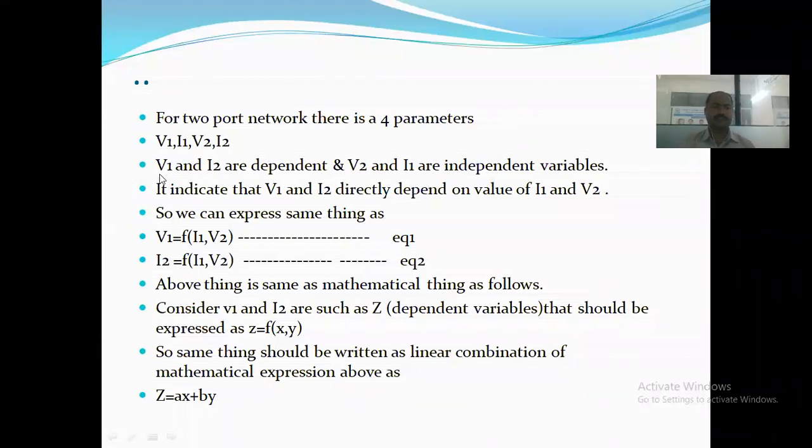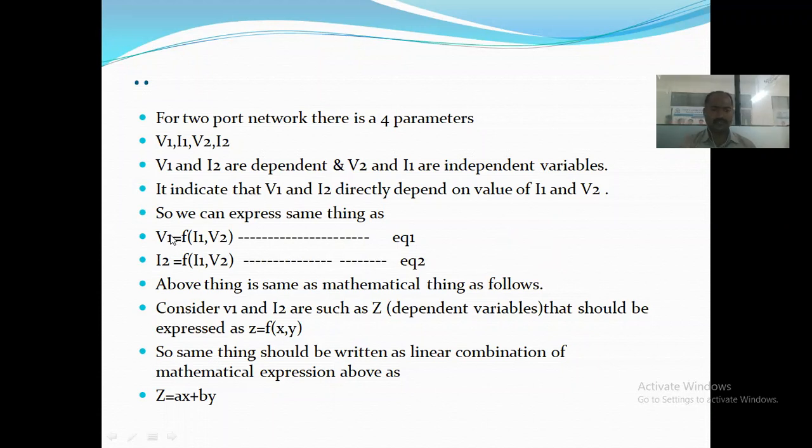Okay. We are thinking about phi1 and I2. We know that phi1 is a function of I1 and V2, and I2 is a function of I1 and V2. These are the basic things for preparing our equations for the analysis of the H parameters, right? So when we analyze phi1 and I2 as a Z parameter thing.